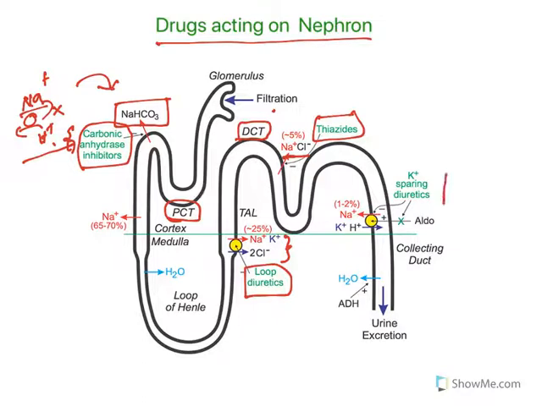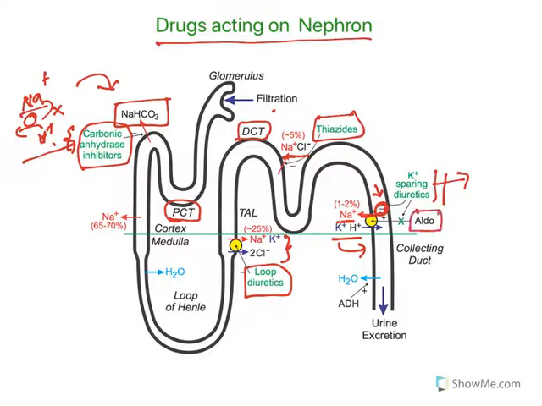Finally, potassium sparing diuretic, I explained this one. At this collecting duct, sodium will be reabsorbed, which creates a negative pressure inside the lumen. To neutralize that, potassium and proton will be going into the lumen. So when you inhibit this particular sodium channel, sodium will not be reabsorbed. So there will be no negative charge, so potassium will not go out of the lumen. So what are you doing? You are saving potassium. Saving is nothing but sparing, hence they are known as potassium sparing diuretics.